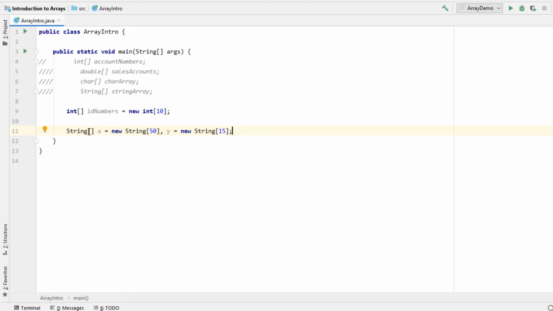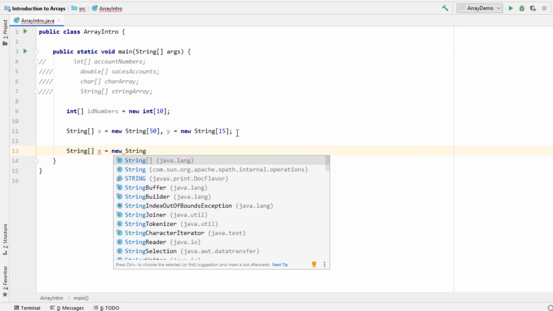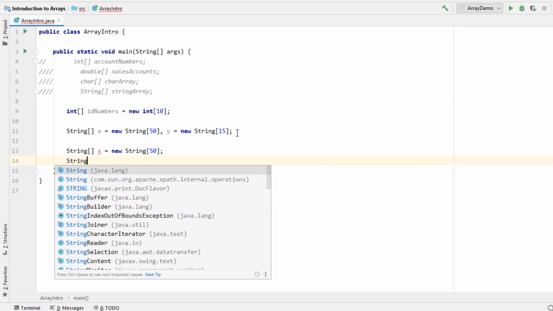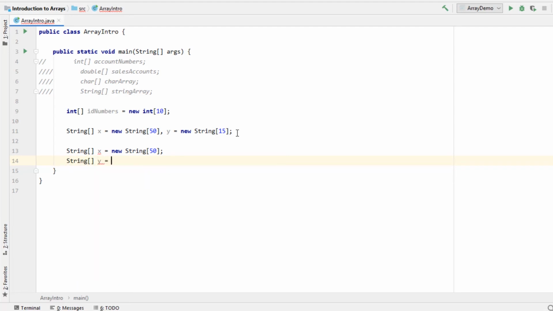Then all other identifiers in the declaration are array variables. The following is an equivalent to the above: String[] x = new String[50]; and then String[] y = new String[15];